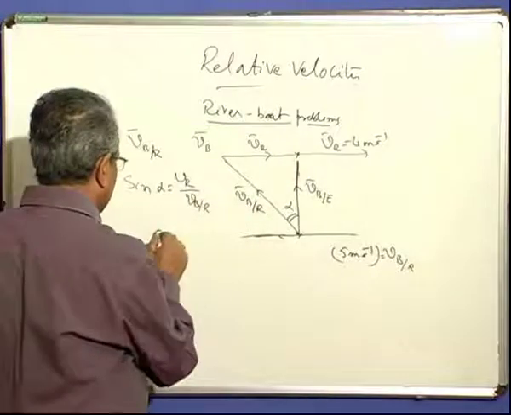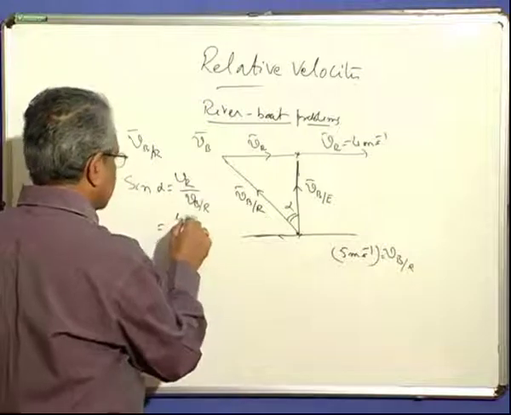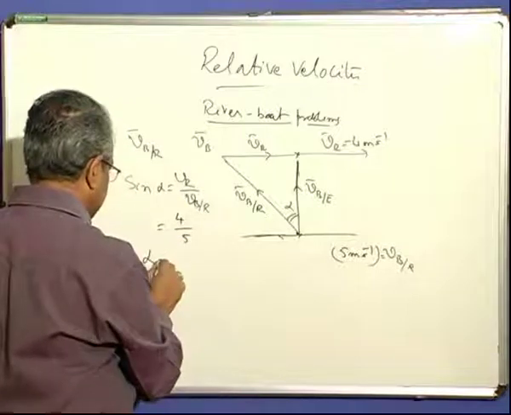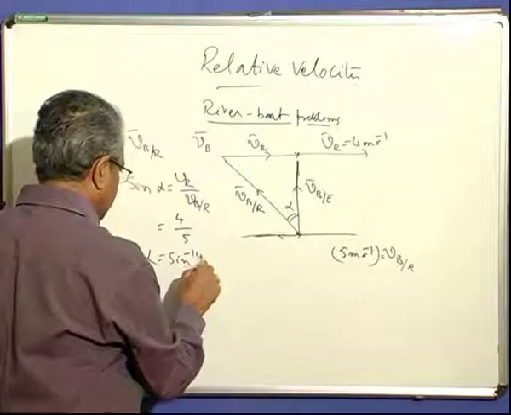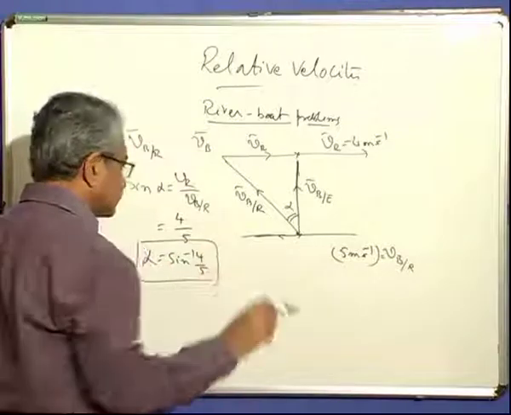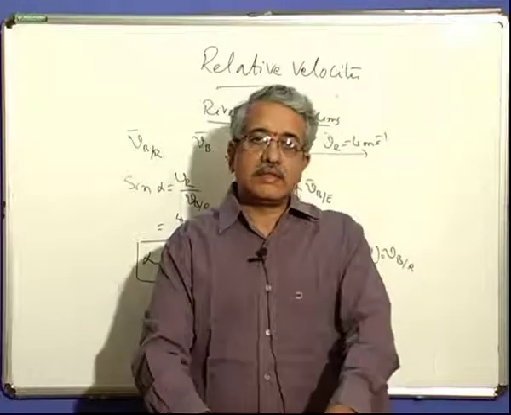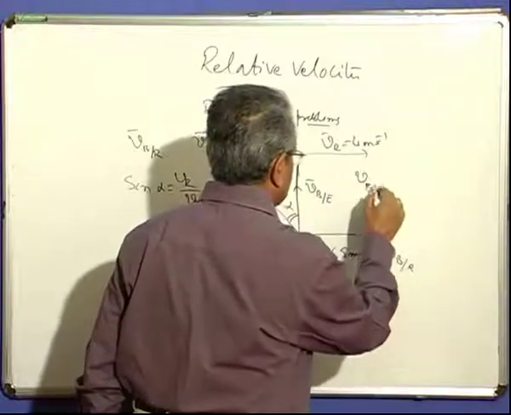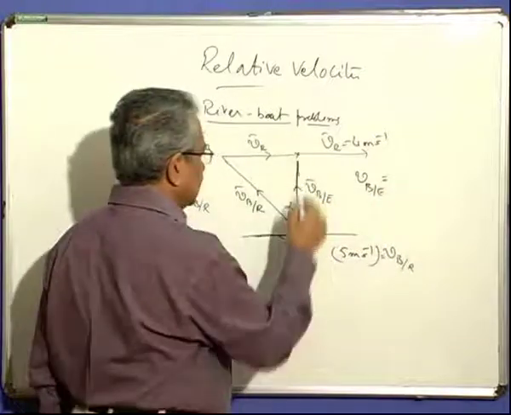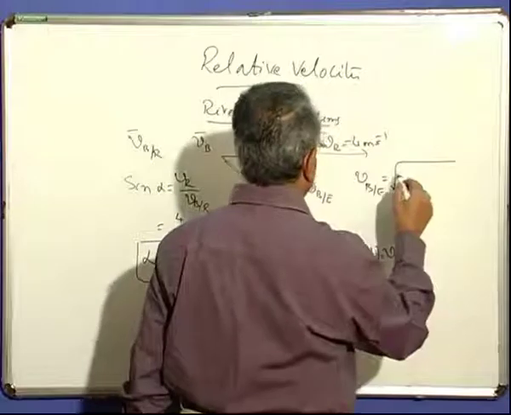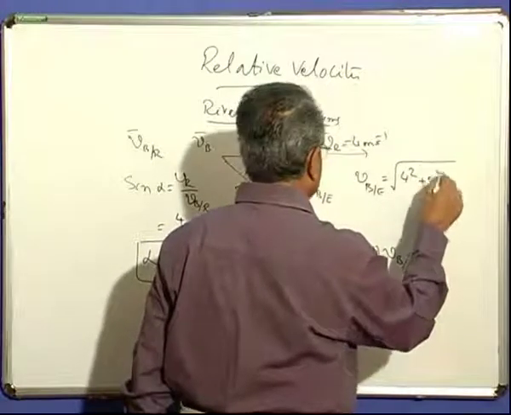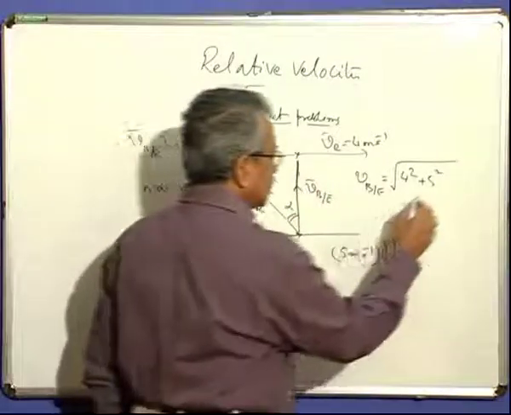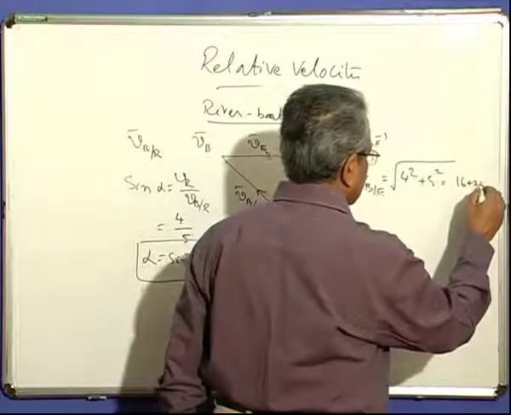So in this case, our problem here, this is 4, this is 5. So alpha is equal to sine inverse of 4 by 5. You have to work this out and get the answer there. So this is the way in which you have to find out the angle. Suppose what is the actual velocity now? You want to find out that also. This is given from the right angle triangle here. It is the square root of 4 square plus 5 square. This is 5, that is 4. So this is equal to the square root of 16 plus 25.